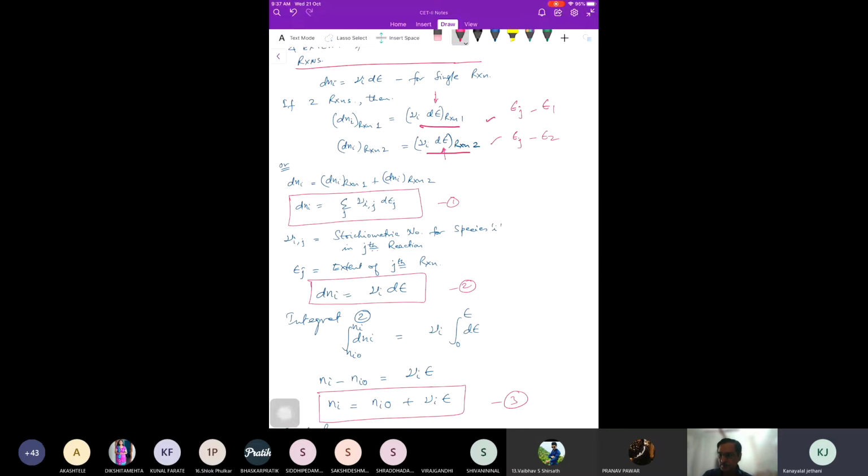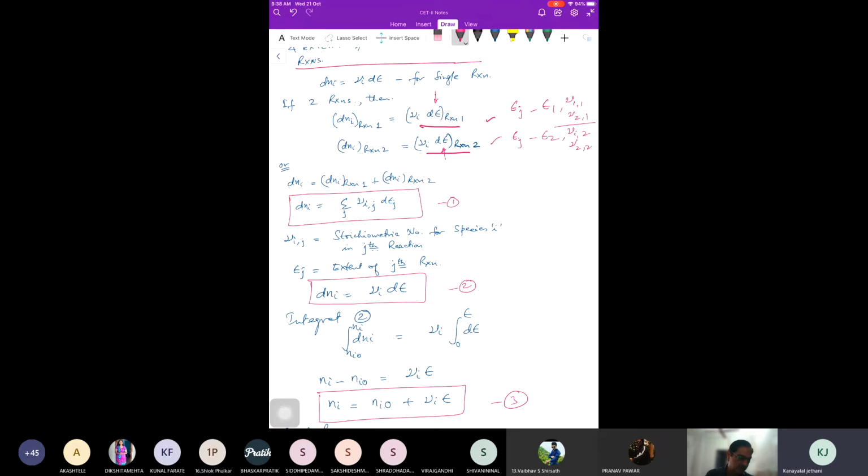समझ में आया इक्वेशन 1? And nu ij is nothing but stoichiometric number. Sir, nu i क्यों सेम रहेगा? नहीं, nu i सेम नहीं रहेगा, यहाँ nu ij रहेगा, यहाँ पर भी nu ij रहेगा, right। Reaction 1 के लिए nu i क्या है, reaction 2 के लिए nu i क्या है, so we can write this as suppose we have nu 1 comma 1, nu 1 comma 2, nu 2 comma 1, nu 2 comma 2, right। So reaction 1 के लिए nu 1 क्या है, reaction 1 के लिए nu 2 क्या है, similarly reaction 2 के लिए nu 1 क्या है, reaction 2 के लिए nu 2 क्या है। You'll have different values of nu i for each reaction,